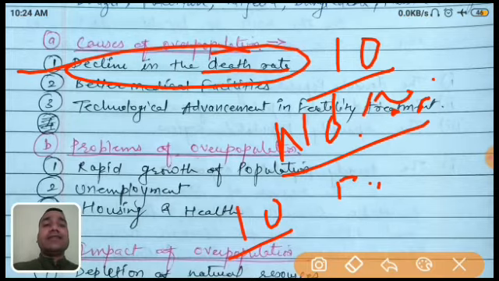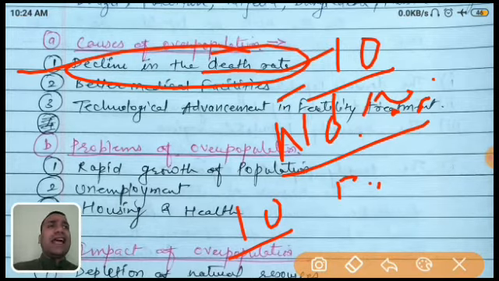And what are the reasons behind it? Because of the medical facilities, the standard of living, job opportunities, so many reasons. And one more thing I am telling you, this chapter is very common. You don't need to take tension about this chapter because this is a general topic. If you remember only these points, it is very easy to write any answer. You only have to remember the points and their concept. These are the general things.